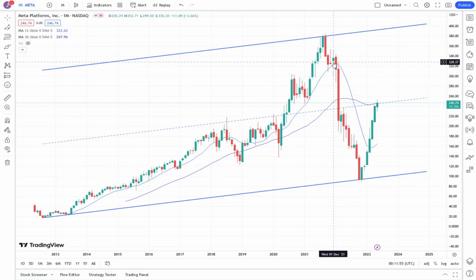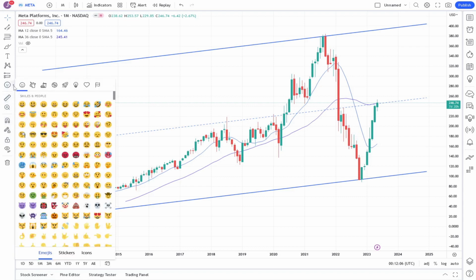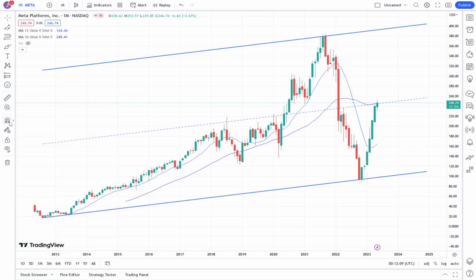that the short-term moving average crossed the long-term moving average, and that is called the death cross. Right, so that is called the death cross. We should have some drawing options here. This one. This is called the death cross, where the short-term moving average crosses down through the long-term moving average,